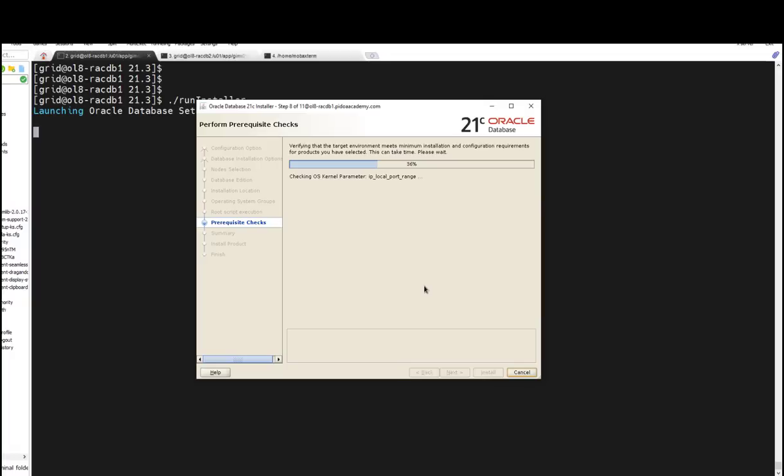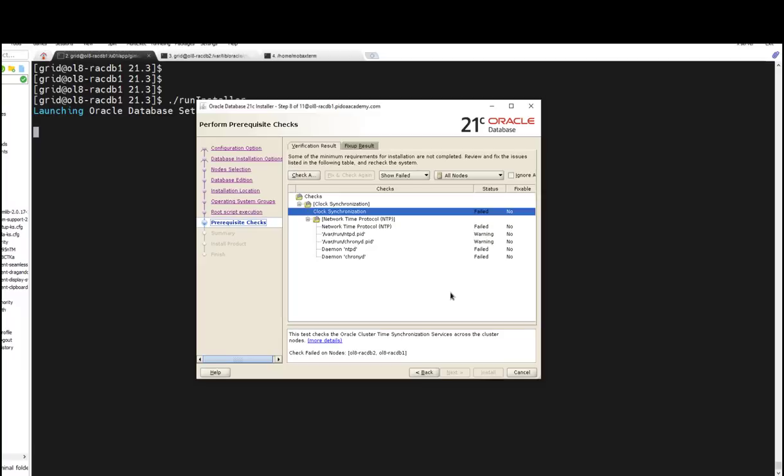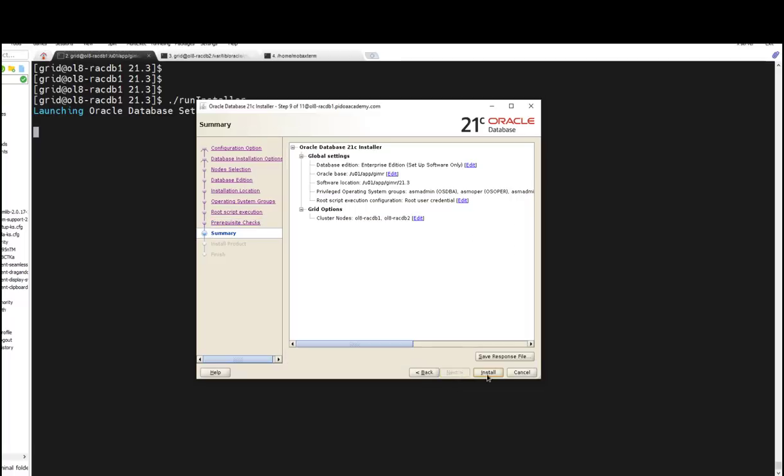First we install 21C Oracle database software, and then we'll upgrade the grid infrastructure management repository from 19C to 21C from the 21C home. We can ignore all this because I'm not using NTP. I've not set up NTP, so I will ignore this and then next.